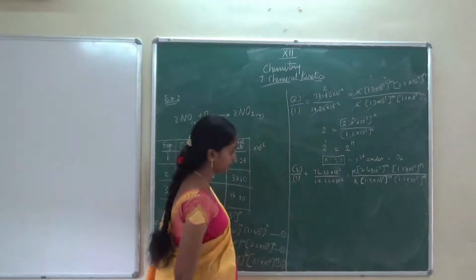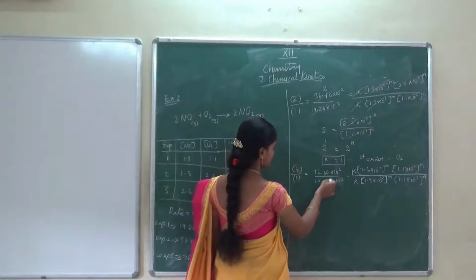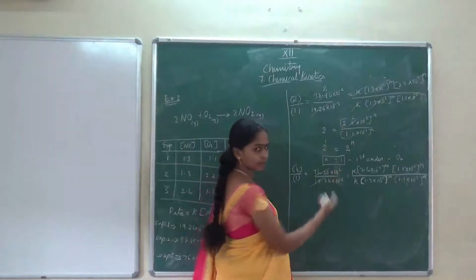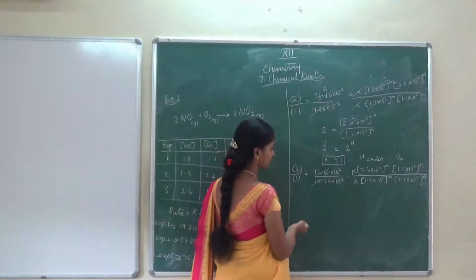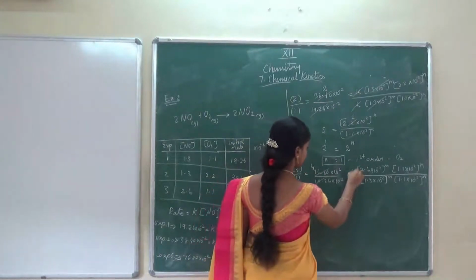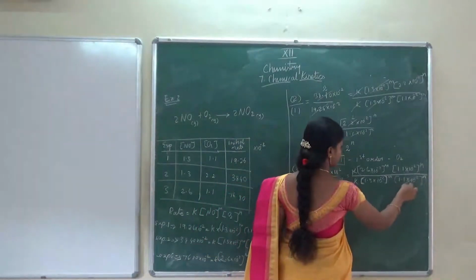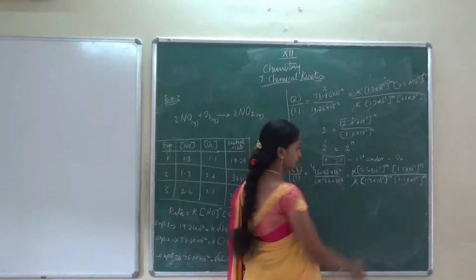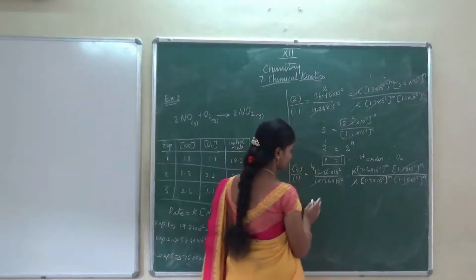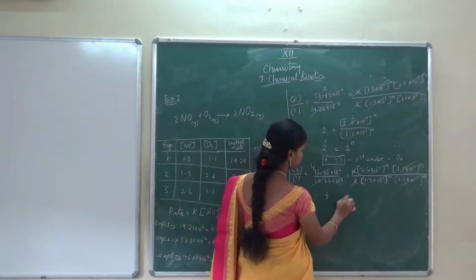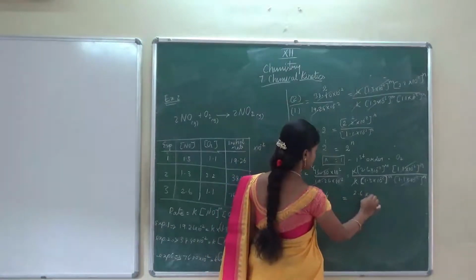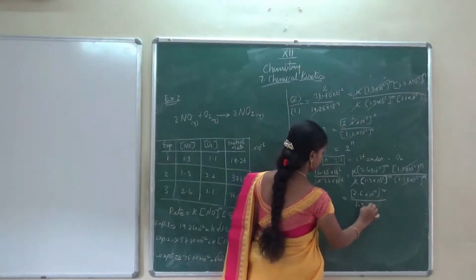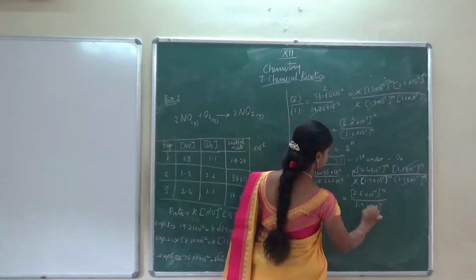Now we have to simplify it. When you simplify, you get 19 fours are 76, and 10⁻² cancels with 10⁻², so 4 times it will come. K and K cancel. (1.1 × 10⁻²)^N is the same with the same power N, so we can cancel it. Now what is remaining? 4 is equal to (2.6 × 10⁻²)^M divided by (1.3 × 10⁻²)^M.